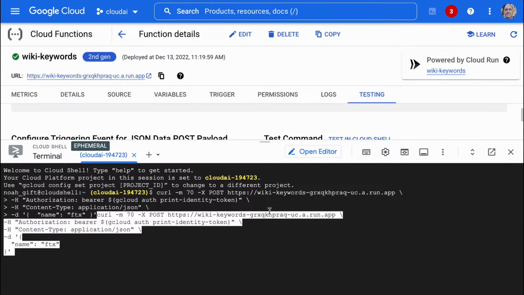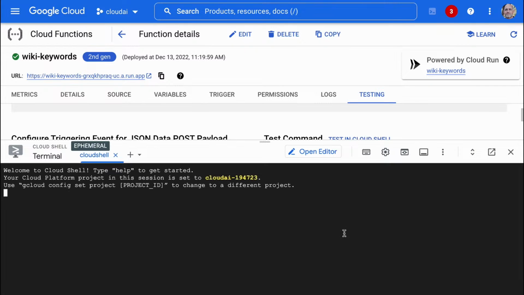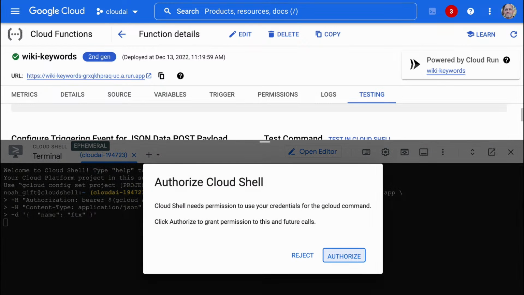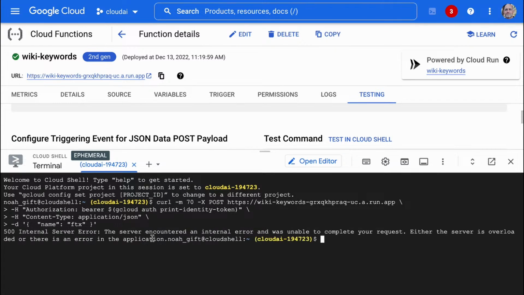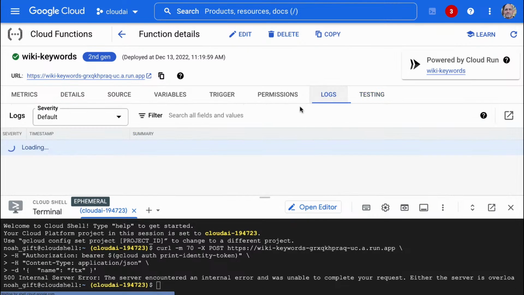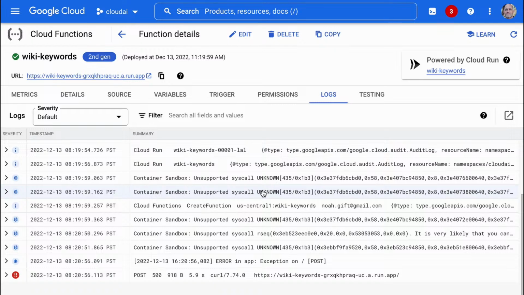Oh, it already did that. Whoops, let's close it. Let's test it again. So I guess it injects it. There we go, automatically. I would be surprised if this works. I'm always skeptical of my code, but we're about to find out. Yeah, didn't work. So we can debug this thing by going to the logs, and we should be able to see why there was an issue with it.